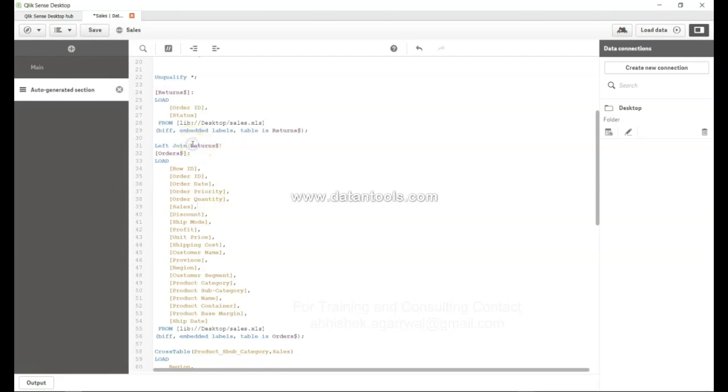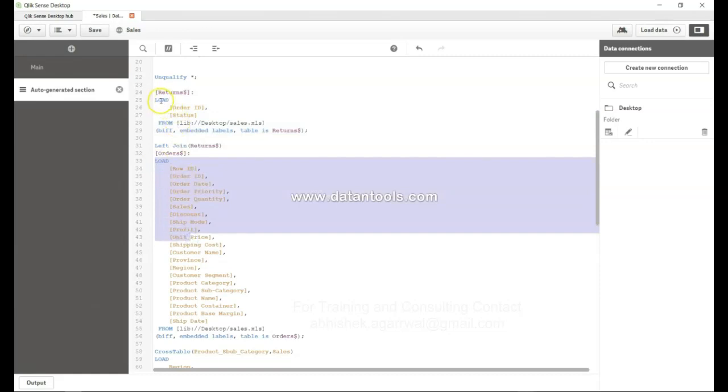So the main thing is if you want to do a left join on the previous table, then you don't have to specify it. It will by default take the previous table. But if there is any other table prior to the previous table, then you need to specify that name, a force relationship. And what left join does is it takes all the values from the previous table or the table that you have specified